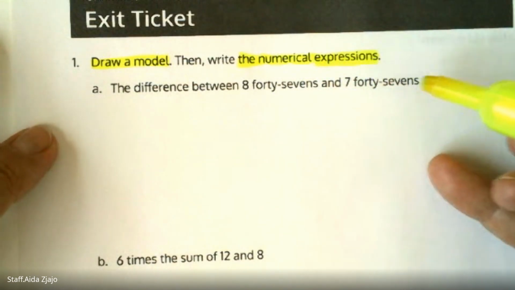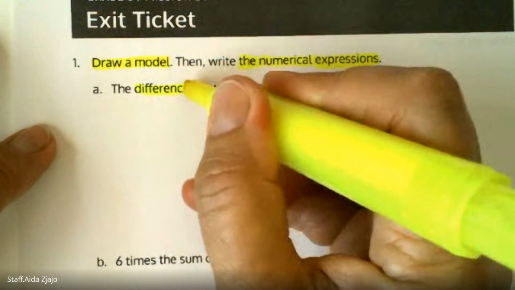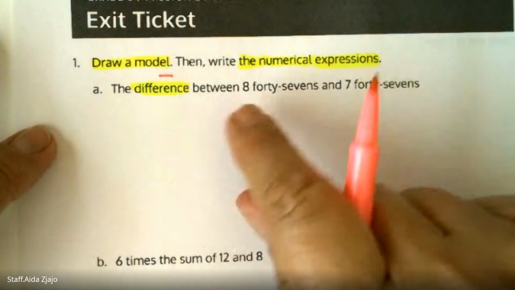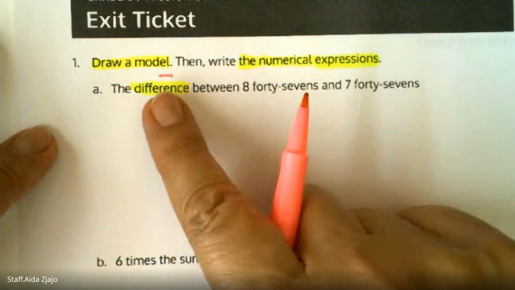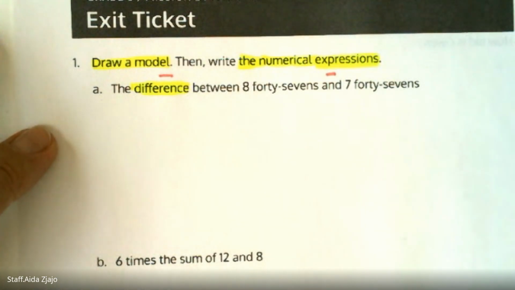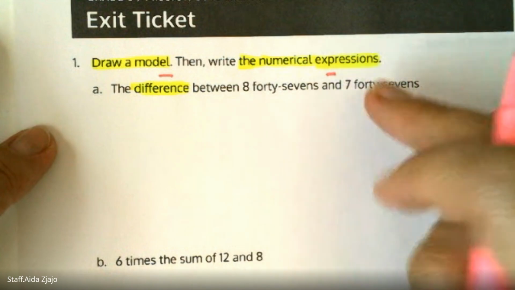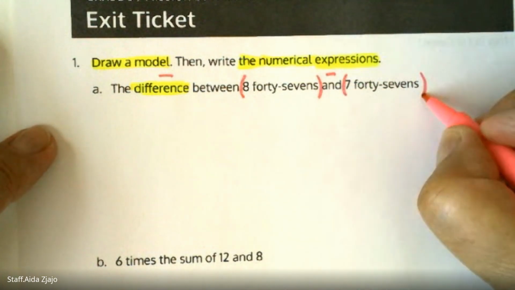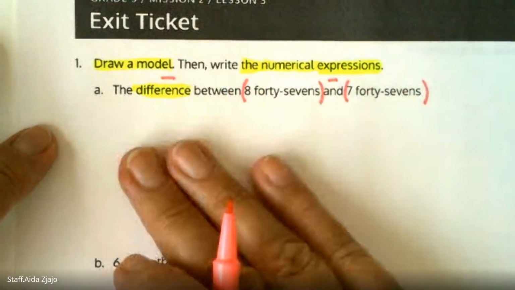847s and 747s. So first, when you see difference, it means the operation has to be minus, subtract. And if they say between, that means between this and this has to be minus. So that minus is going to be right there in between. When you have "and," that means you can use parentheses. So now you kind of have how it's going to look